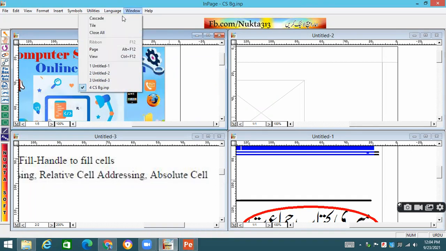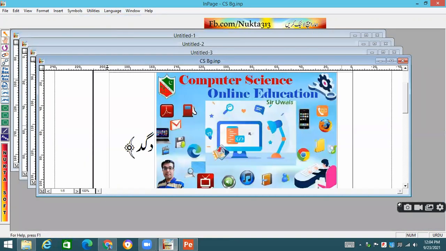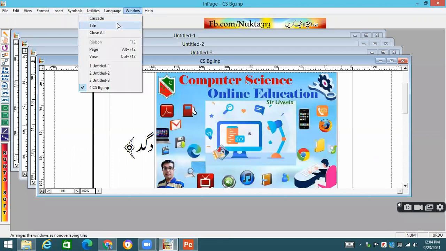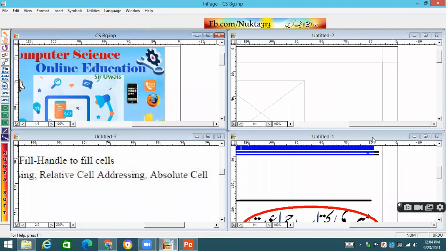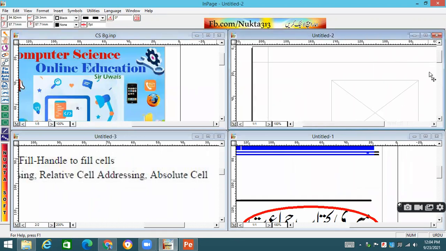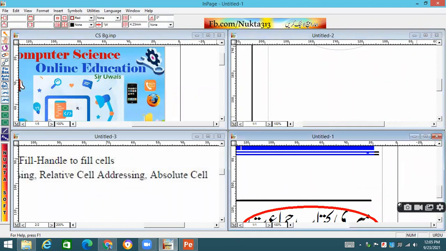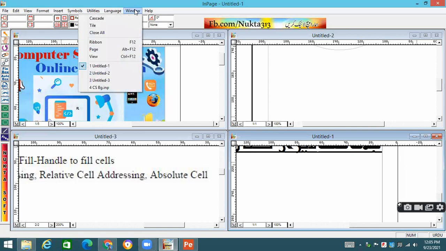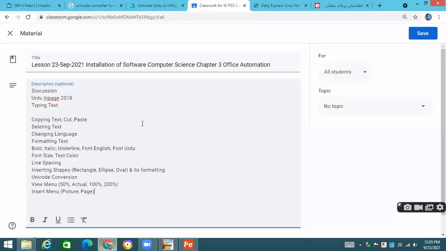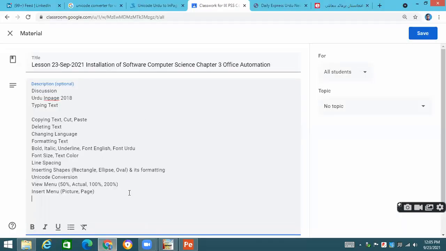And if you click on Cascade, Cascade will show you all the files in this way. All will not be visible. The files will be visible, showing how many there are, but the text will not be visible. But if you go and click on tile, the text will also be visible with the scroll bars, and then you can manage it. You can do your work over here according to your requirement. Okay, this thing is clear. So what we have done over here in the window menu is Cascade and tile, which I have explained to you.